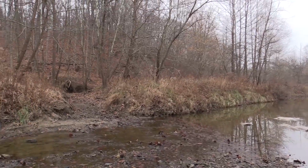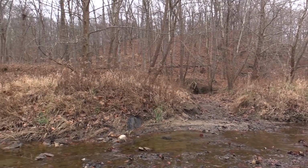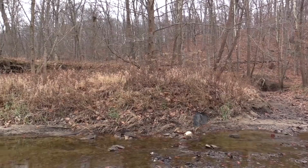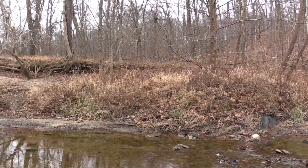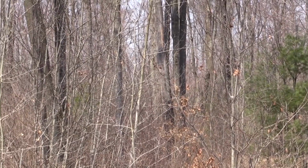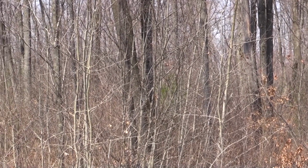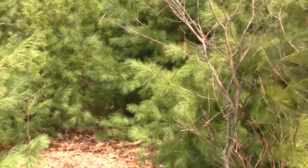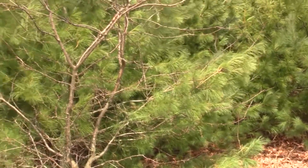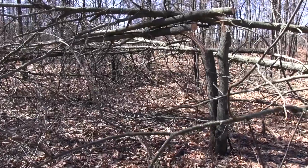If you've got a thick, nasty swamp, especially if there's a peninsula of dry land going out into it and an island out in the swamp, that is primo buck bedding. Same with the edges of those thickets, just right on the edge so they can jump back into the cover just like that, or they often bed just inside. What I'm really trying to figure out here is whether or not mature bucks bed on